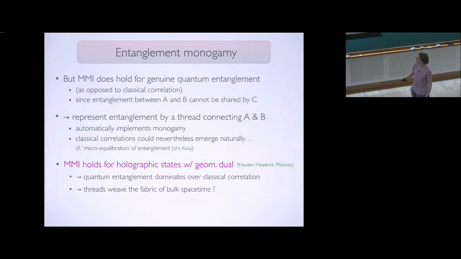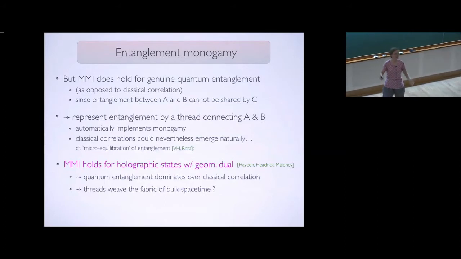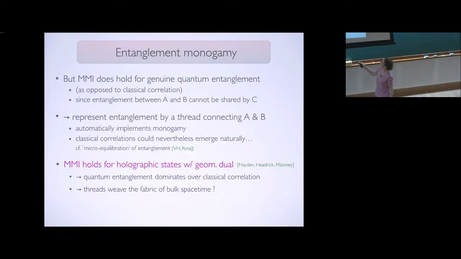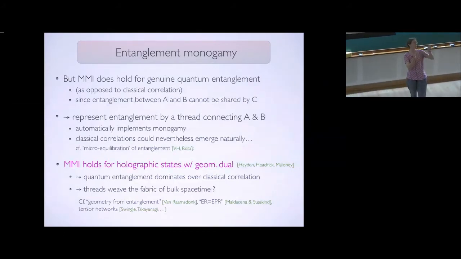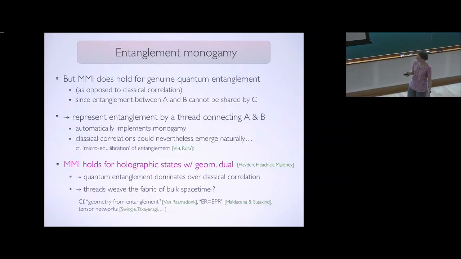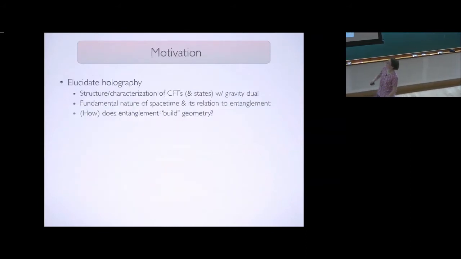Nice. So you might then speculate that in this picture, these conceptual threads in a pictorial language might be the thing that weaves together the fabric of bulk space-time. And in fact, similar types of ideas have already been around for a while: the idea that geometry emerges from entanglement, one's famous ER equals EPR conjecture, and in some sense, the whole idea of tensor networks is also very reminiscent of this monogamy thread-like interpretation. Okay, so with that prelude,